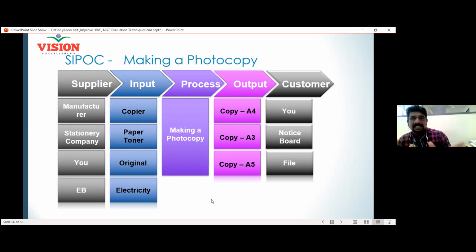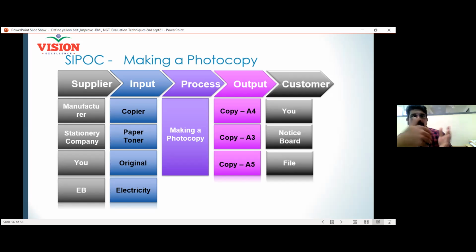See, this is a high level process map. This helps. So looking at this visual diagram, you are able to understand we have a process. The output of the process is this one. The customers are the ones who are receiving the output, and the input to the process is all these things. And the suppliers are these people.